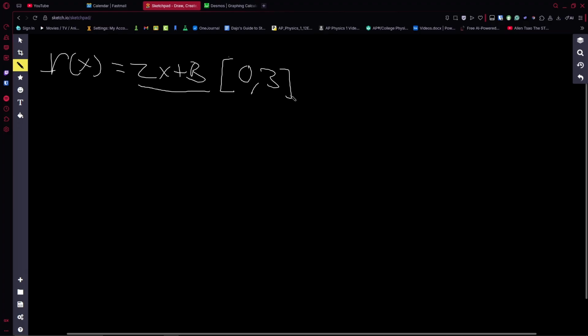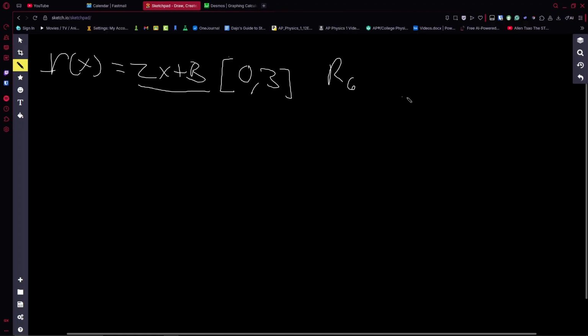Usually when we're given Riemann sums, we're not given a graph. And if we're given a graph, it's super easy, right? But sometimes we're given equations like, say, f of x equals 2x plus 3. Right? Sometimes we're given equations. Now, how can we find this? And say we want to find, on the interval 0, 3, R6